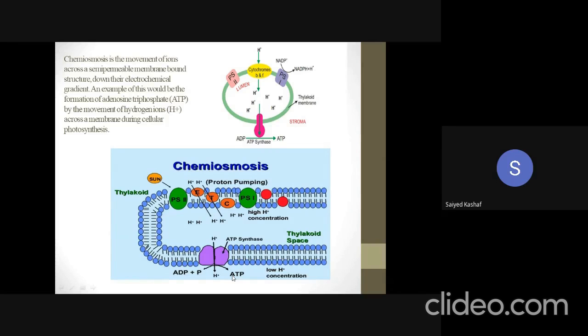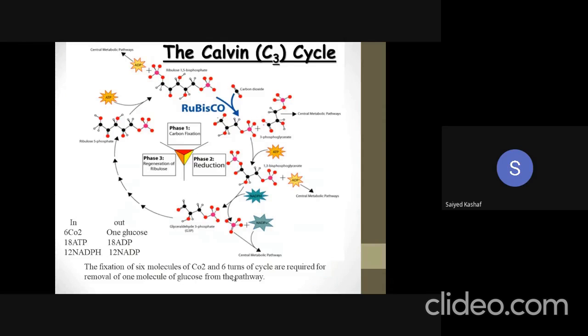So here it was all about the preparatory phase of photosynthesis. We have produced our assimilatory power that we are going to use for the formation of our food, that is glucose. So now we will discuss the Calvin cycle. We know that photosynthesis occurs in two stages. In the first stage, chemical reactions use energy from light to produce ATP and NADPH, and in the second stage, this Calvin cycle or dark reaction, carbon dioxide and water molecules are converted into organic molecules, that is